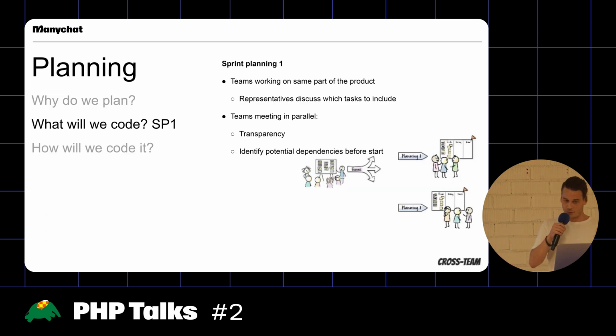So after we have this backlog refinement, we can take it to sprint planning 1. In sprint planning 1, the teams will decide what they can take into scope for the next sprints. It's all the teams working on the same part of the product. So I'm in the IG area. If my team goes into this planning meeting, the other team that's working on this part of the product will also be there. Then in parallel, we go into breakout rooms and discuss what's feasible and possible within the team, and we come back for transparency into the main room and share with the other representatives of the teams what we're going to do.